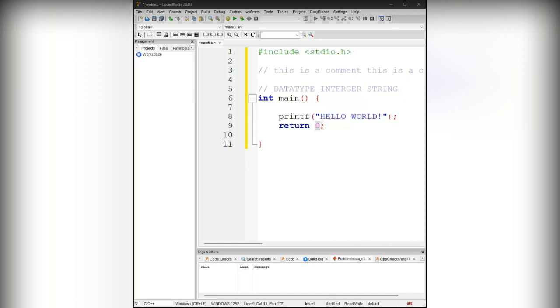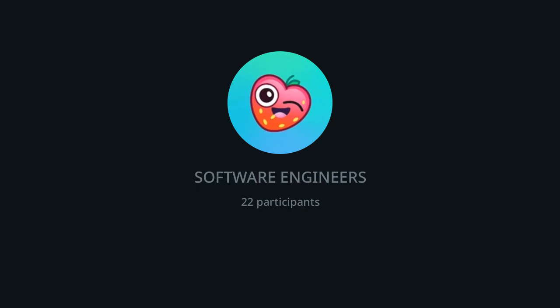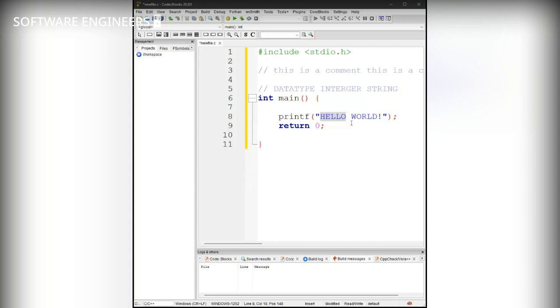So meaning if the compiler checks the first line, okay, there is nothing in the first line, it will go over to the second line. Okay, in the second line, there is printf, hello world. So it's telling me to printf hello world, to print hello world on the console, and this semicolon specifies the end of this particular line. And then you come to the next line. Okay, there is nothing in this line. There is actually something called the return. So this return will tell you that that is the end of the particular function, and it should return 0